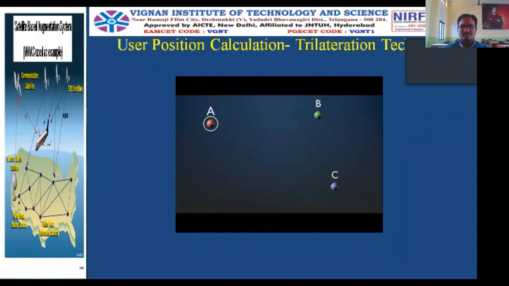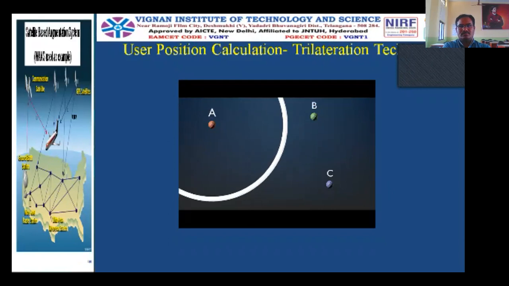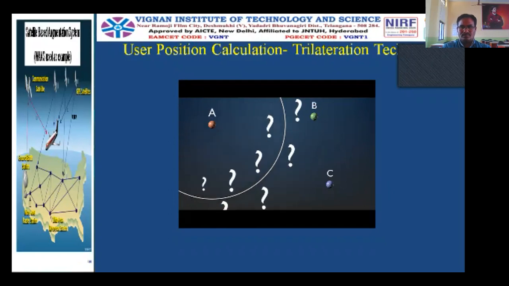I'm not going to show you the receiver yet, because it will be easier to understand how GPS can determine your position without seeing you. So here we are. We've detected that the distance from the receiver to the transmitter A is equal to the radius of this circle. This means that our GPS receiver is located somewhere on it, but we need more information to be sure exactly where. Right now, it can be almost anywhere.